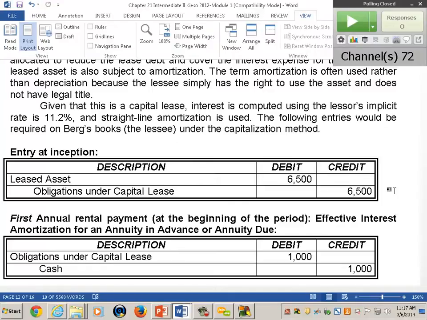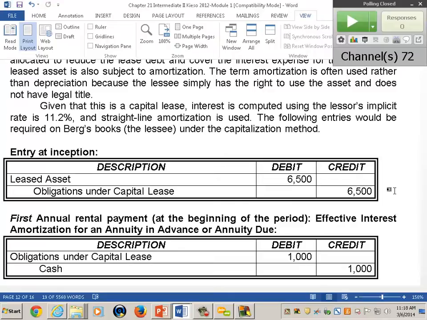And in this problem, we had 11.2% as our interest rate. So the interest that accrues is 616. Now, at the end of the class, someone asked a question. I put some dates in here, so that may help you as well. So that if I'm reporting at December 31st of 2014, it means that I would have to show interest accrued at the end of that period.